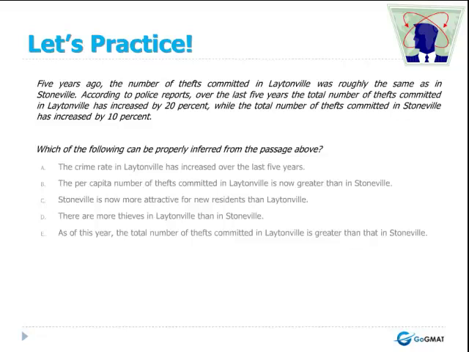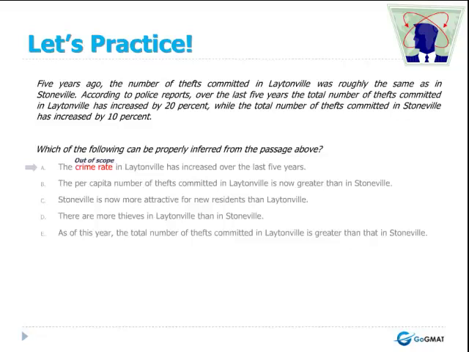Now let's look at this question together. What is the scope of this argument? It is concerned with the total number of thefts committed in the two towns and the change in this number over the last 5 years. Choice A is out of scope. We only have information about thefts. Crime rate as a whole is outside the scope of this argument, and we cannot infer anything about it without